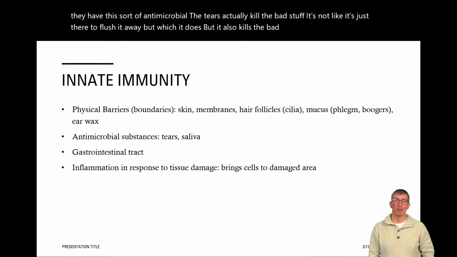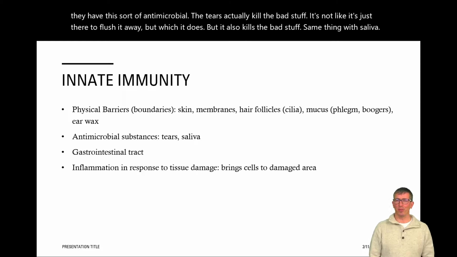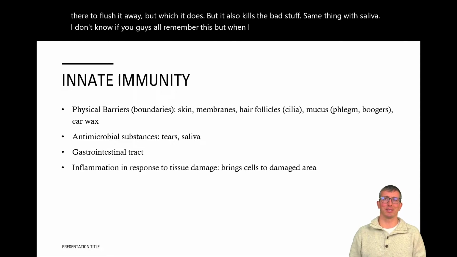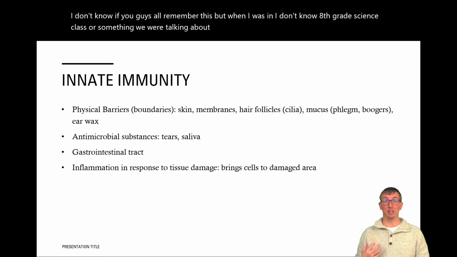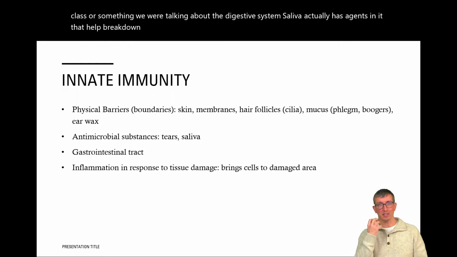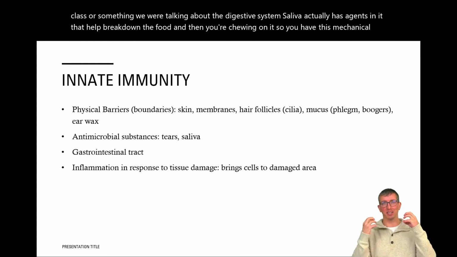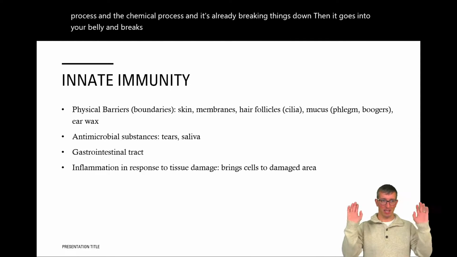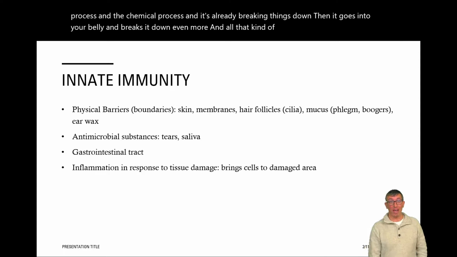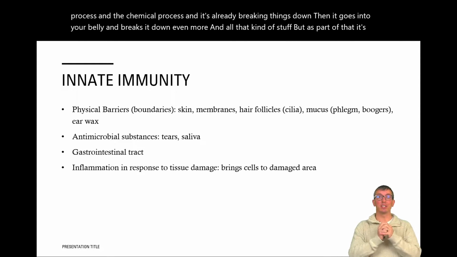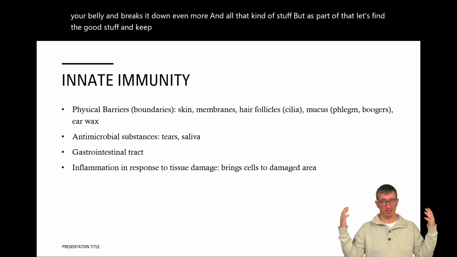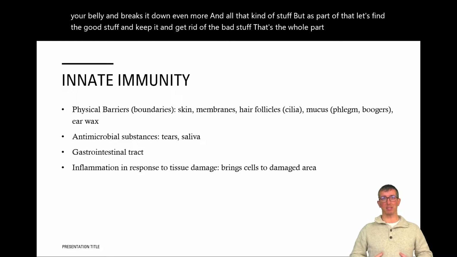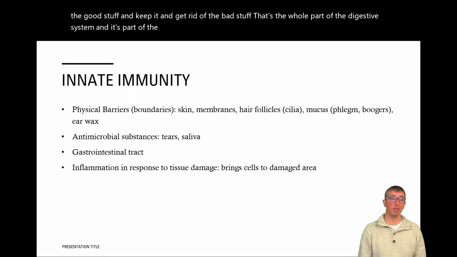Same thing with saliva. I don't know if you guys all remember this, but when I was in, I don't know, 8th grade science class or something, we were talking about the digestive system. Saliva actually has agents in it that help break down the food, and then you're chewing on it, so you have this mechanical process and the chemical process, and it's already breaking things down, then it goes into your belly and breaks it down even more and does all that kind of stuff. But as part of that, it's let's find the good stuff and keep it, and get rid of the bad stuff. That's the whole part of the digestive system, and it's part of the immune system as well. Okay,